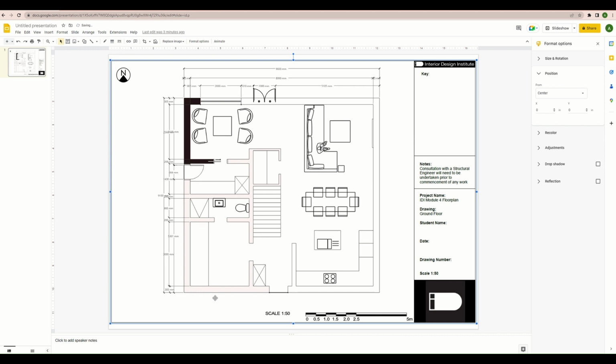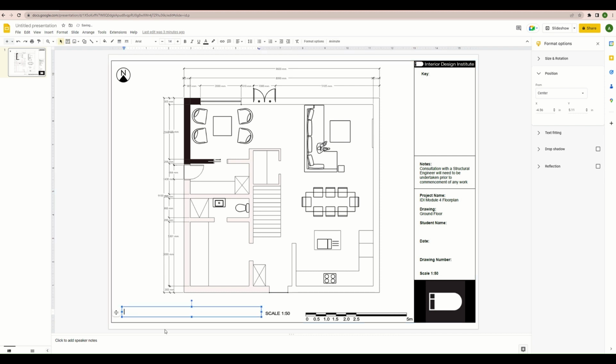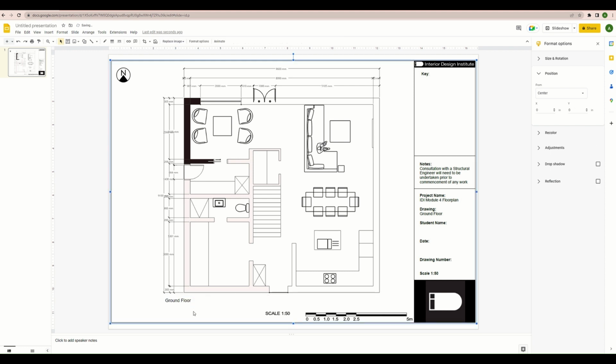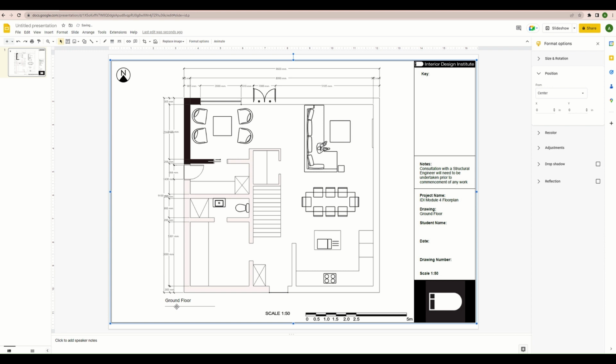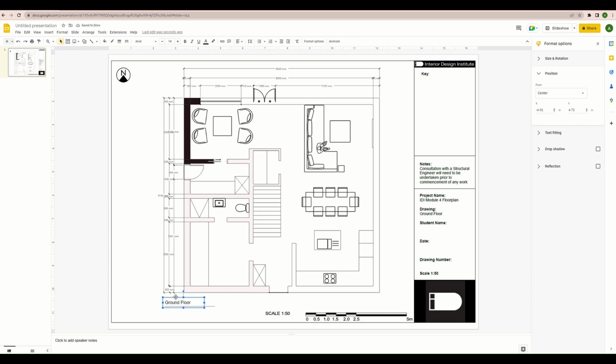And I'm going to be proper and do what most drawings would do. So I'm going to put a text box here. Use the text box tool to insert the floor plan title under the drawing. And put in a line. And then just Control C, Control V,